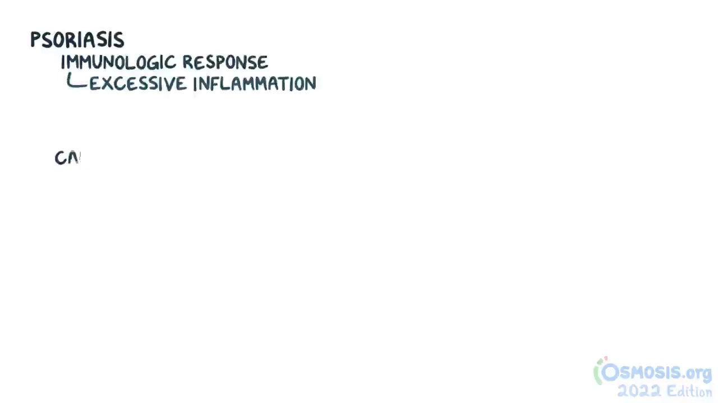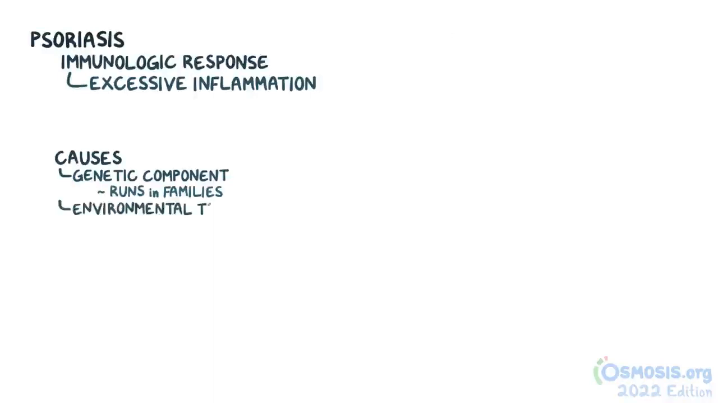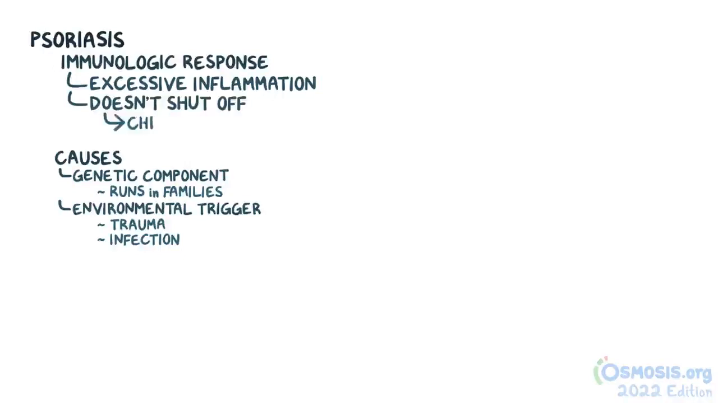In psoriasis, this immunologic response leads to excessive inflammation. The causes of psoriasis aren't clear, but there seems to be a genetic component because the condition seems to run in families. In addition, there may also be an environmental trigger, like trauma or a previous infection. Regardless of how the process is triggered, once it's underway, it doesn't shut off, resulting in chronic damage to the